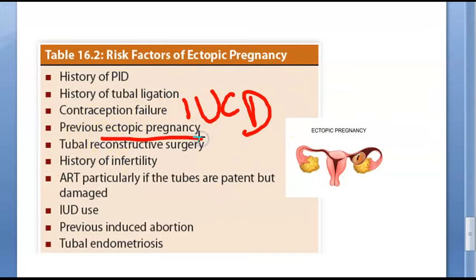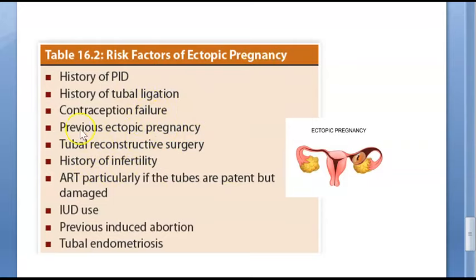If they've had a previous ectopic pregnancy, then they can have an ectopic pregnancy. If they've had a tubal reconstructive surgery, so their tubes were not proper, they've had a tuboplasty, then because of this reconstruction, let us say the oocyte stays there, or it's not able to move forward, and there can be an ectopic pregnancy. History of infertility, that means to say they would have taken an assisted reproductive technique,